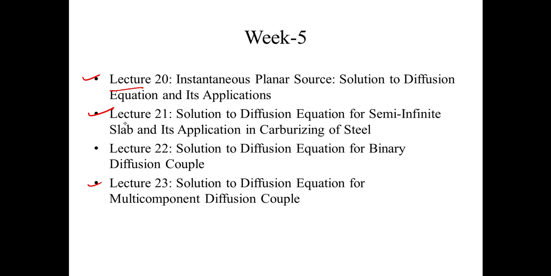So here the L21 is based upon the solution for the diffusion equations for the semi-infinite slab and its application in the carbon C. Will be directly same. We'll be using Fick's second law,